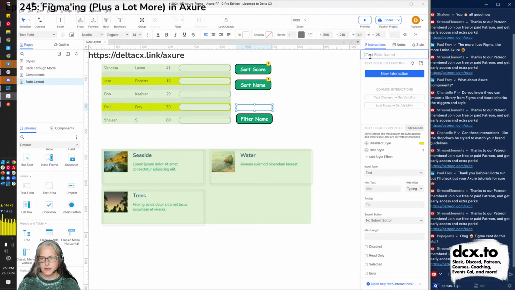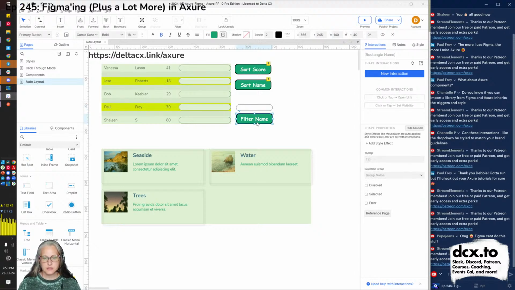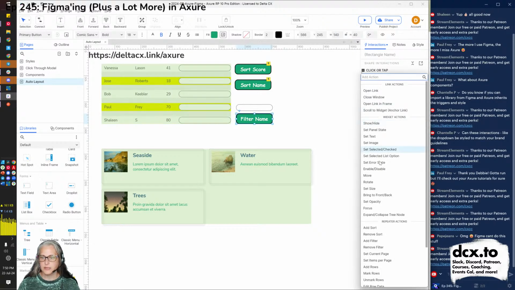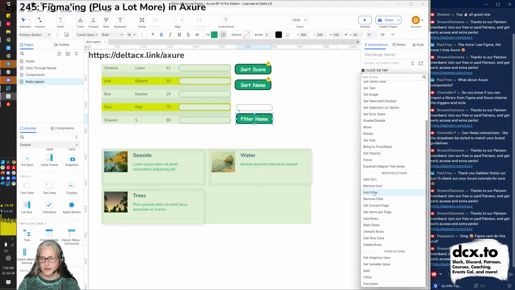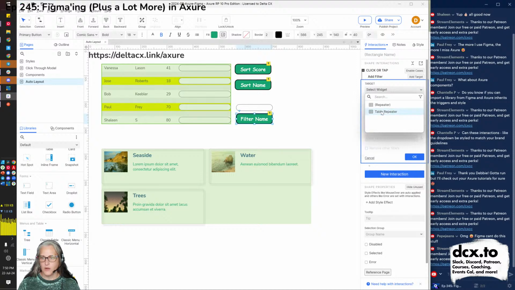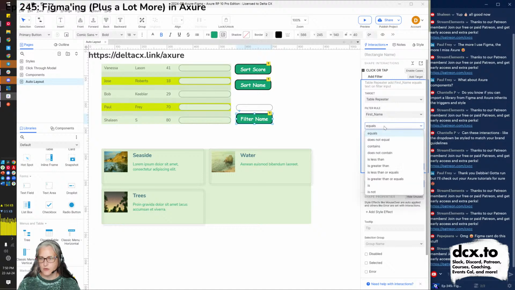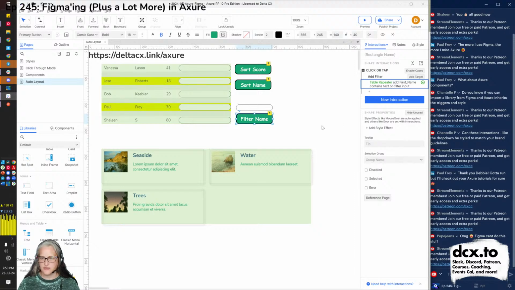We'll call this filter input. And now let's try writing that again. New interaction. When people click, add a filter on the table repeater. Sure, let's go by first names. First name contains the text on widget filter input. Let's see if that works.